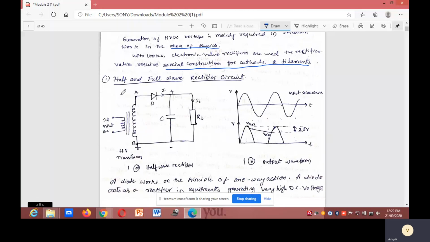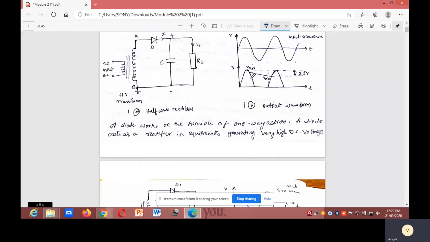Next, in this first topic, we shall study the half wave and full wave rectifier circuits. Before going to that, the rectifier may be an electron tube or a solid state device. Nowadays, single electron tubes are available for peak inverse voltages up to 250 kV and semiconductor or solid state diodes up to 20 kV. For higher voltages, several units are to be used in series.